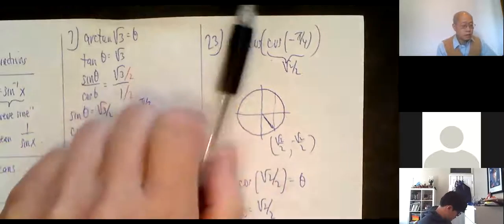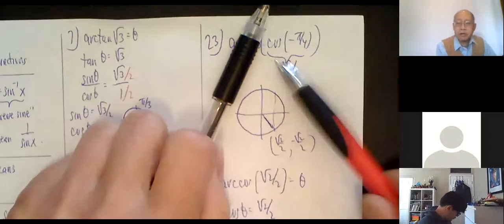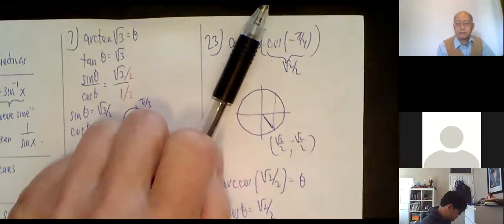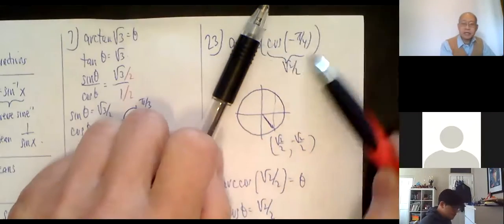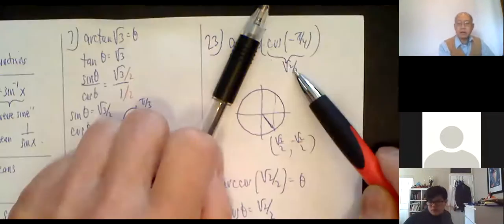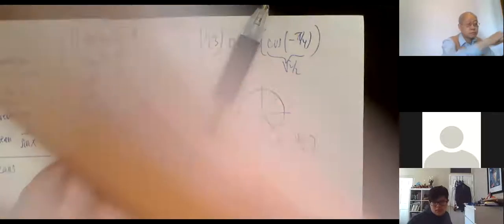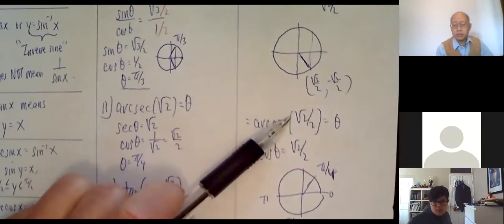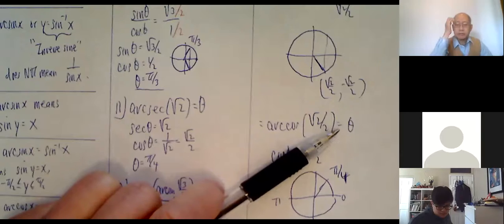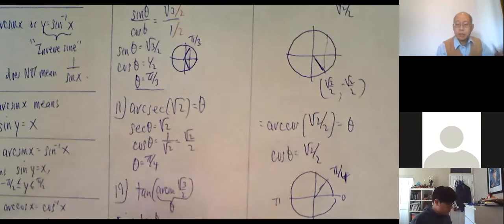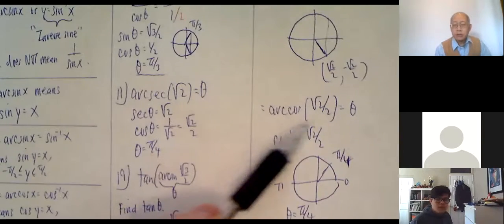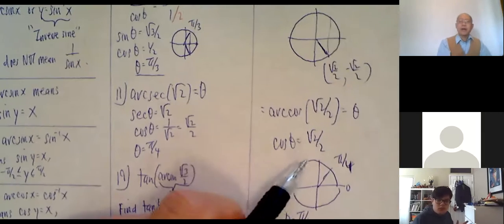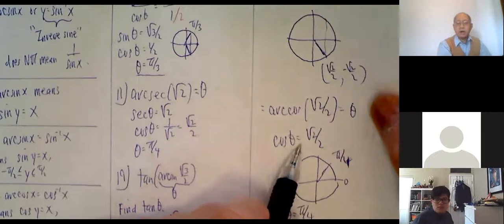Now, cosine means give me the x coordinate. So the x coordinate is radical 2 over 2. So this thing right here is now radical 2 over 2. So I'm doing arc cosine of radical 2 over 2 is equal to theta. Unscramble that: cosine of theta is radical 2 over 2. Now, by definition of arc cosine